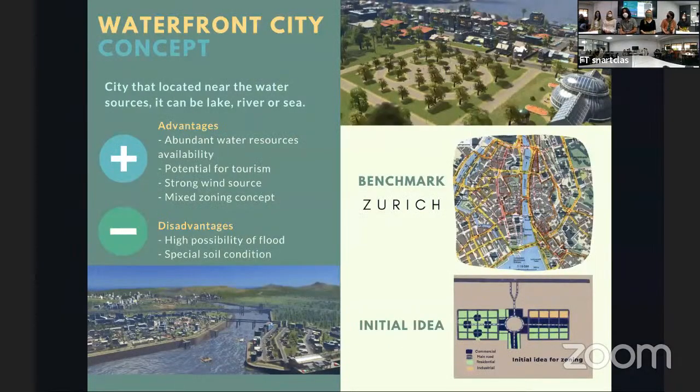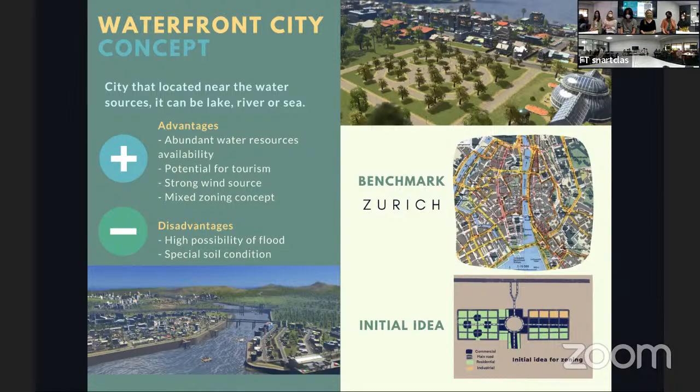Okay, so we use Zurich as our benchmark. Why did we choose Zurich as our benchmark? Firstly, because its geographic condition and characteristics are pretty similar to our city, which is a waterfront city. Secondly, because Zurich shares important sustainable goals and its image of being a walkable city, and our city almost fits all criteria for being a walkable city. And thirdly, because Zurich's urban planning utilized water resources and resulted in accommodating health, comfort, traffic, safety, and decreasing pollution